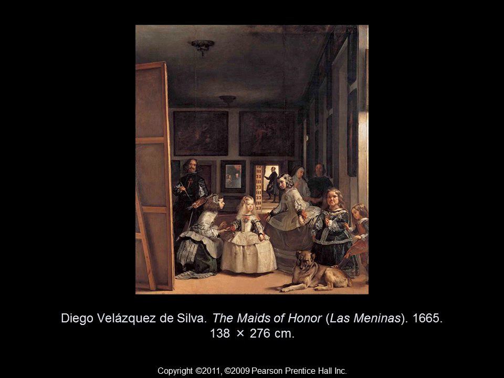Some of the other characters in this painting are the king's daughter at the center of attention up front. In the back towards the doorway, you can see a courtier standing there being lit from behind. And if you look slightly to the left, there's a mirror right there with the reflection of the king and queen looking over their daughter as she is being painted.